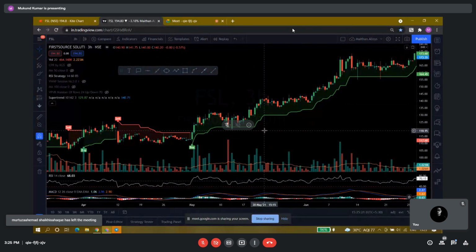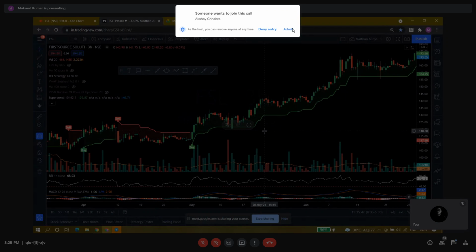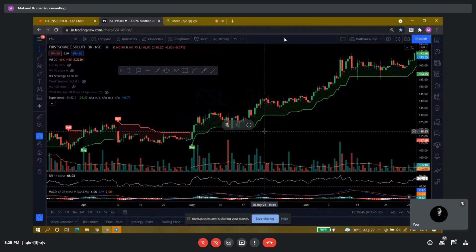Basically, the entire concept is that when you see the green line, it is the buy signal, and when you see the line turning red, you sell. This is the basic point of Supertrend, right? This works perfectly for those who follow the Supertrend indicator for taking buy or sell signals. But I don't follow Supertrend for taking any call or initiating any trade. I simply use Supertrend for trailing a stop loss.